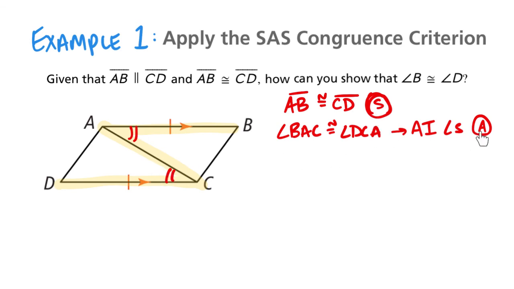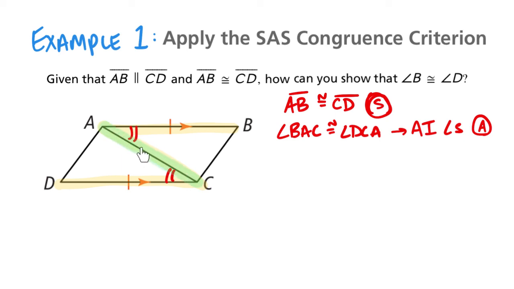Okay, so I have a pair of sides and a pair of angles, and I've learned about SAS. And so I might ask myself, well, can I find another pair of sides that I know have to be congruent for some reason? And if I think about what SAS means, it's that the angle has to be between the two pair of sides. So if I look at this triangle, and I look at this other triangle, and I think about, well, what segment from this triangle would make this an included angle, and what segment from this triangle would make this an included angle, I might realize that the segment that I'd be looking for is actually segment CA on both,